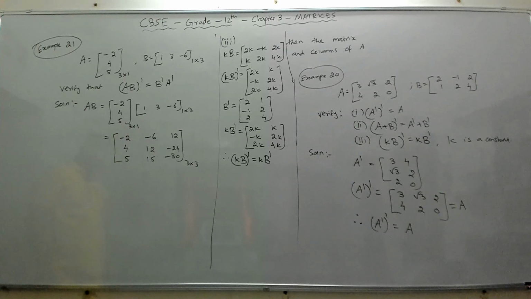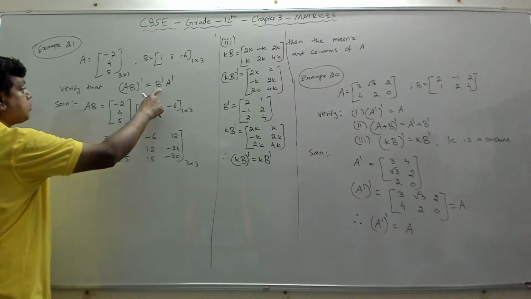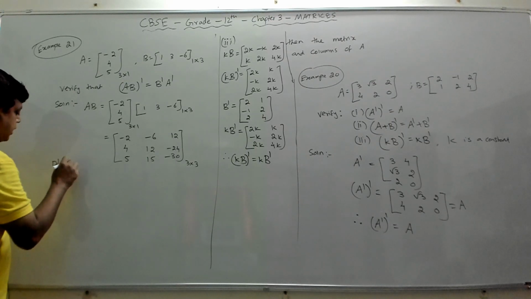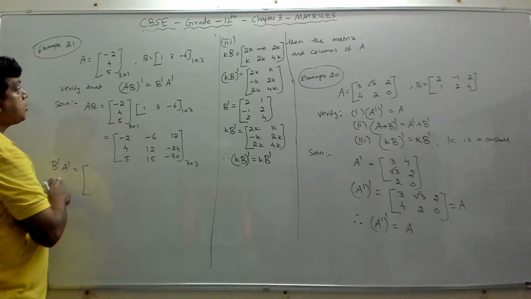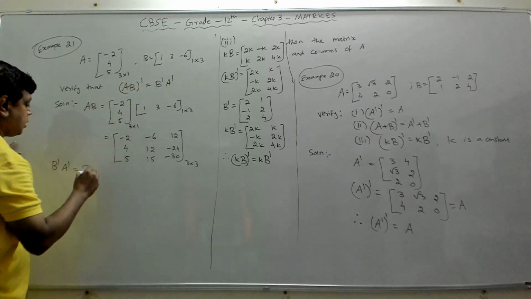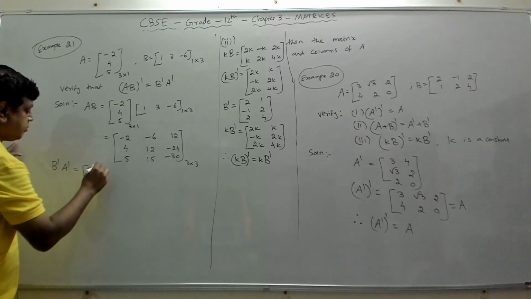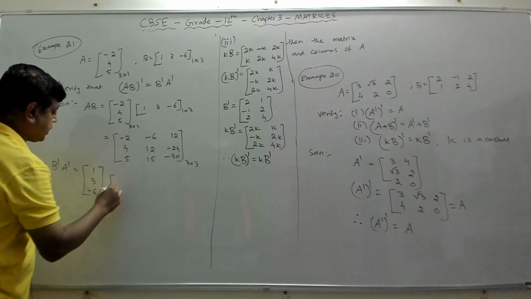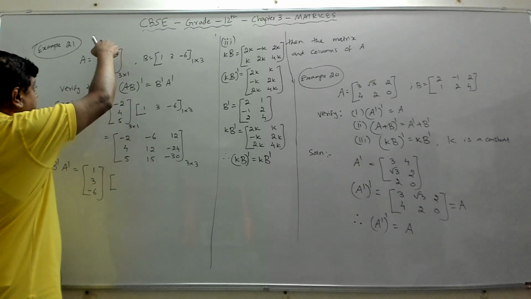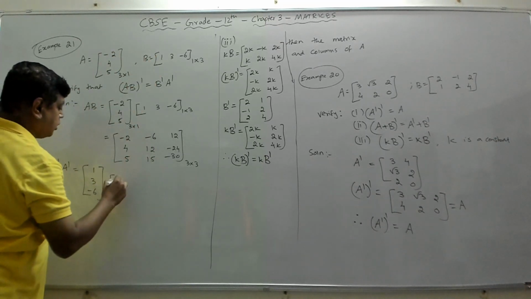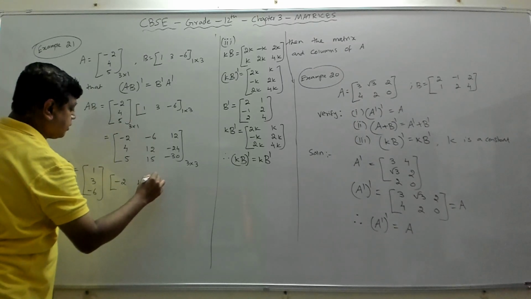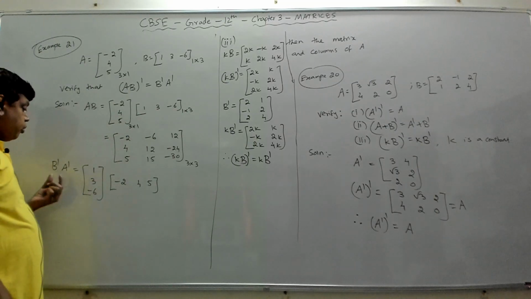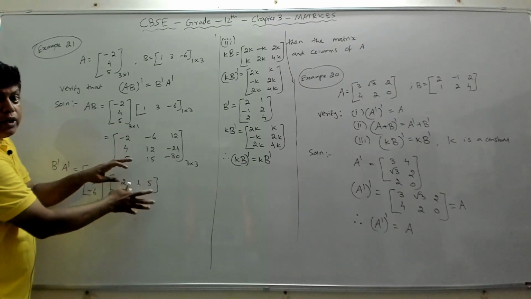Now what we should do is we should try to find what is B transpose into A transpose. What is B transpose? B is this. So if I take the transpose of this, it will become 1, 3, minus 6. I have to write the row as column. That's the transpose, into A transpose. A is only one column, so it should be written as a row: minus 2, 4 and 5. And remember, you have to first do the B transpose, then A transpose. Don't write A transpose first and try to multiply with B transpose.